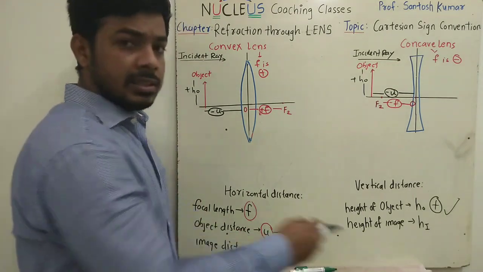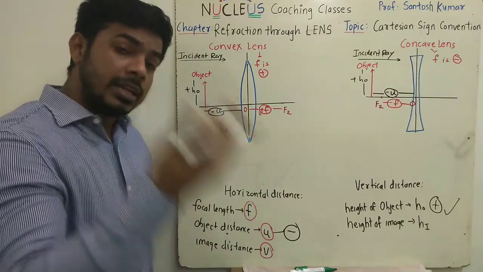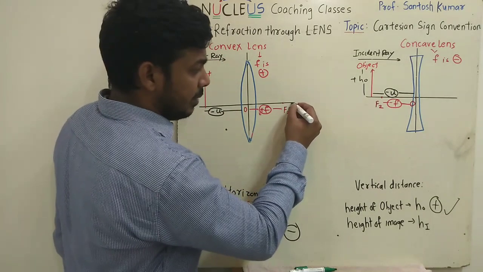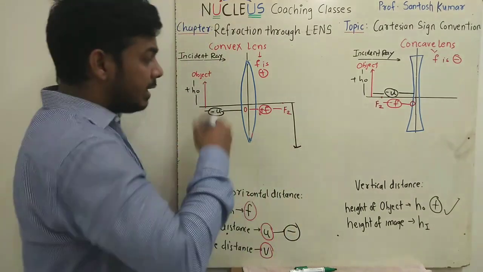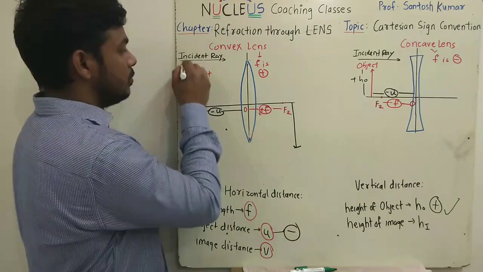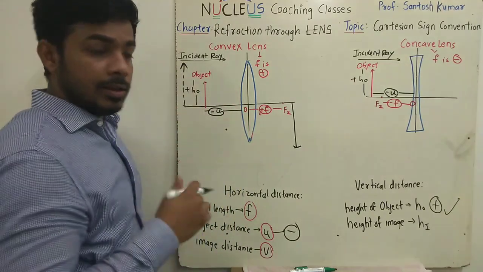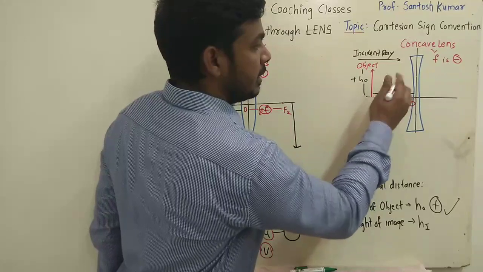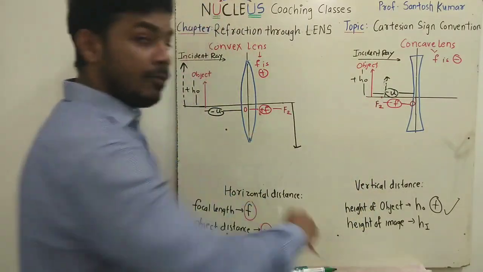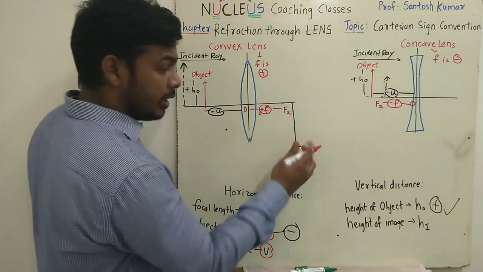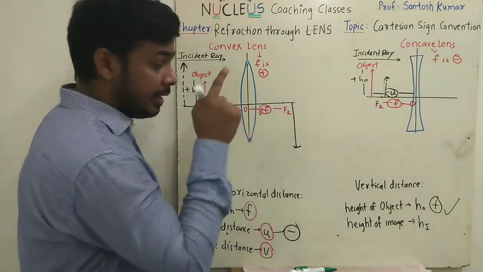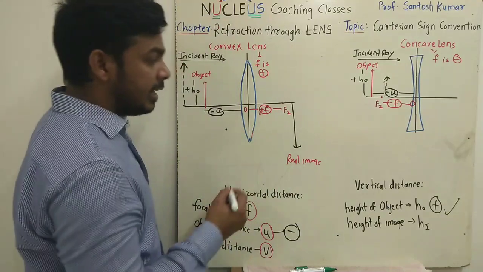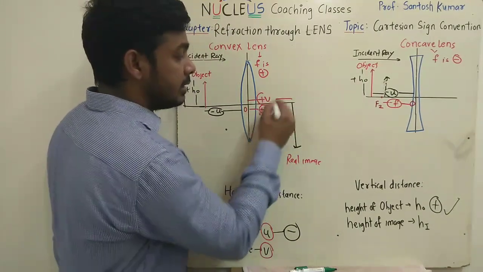And if I talk about image distance, now image can be formed on the left hand side of the lens as well as on the right hand side of the lens. For convex lens, the image can be formed like this, and the image can be formed like this also, this being the virtual image. In case of concave lens, the image is always formed like this. This will always be the position of the image. So if I talk about image distance v here, for real image, this being on the right hand side, it will be formed due to actual intersection, then definitely this will be a real image. And for real image, image distance is positive.